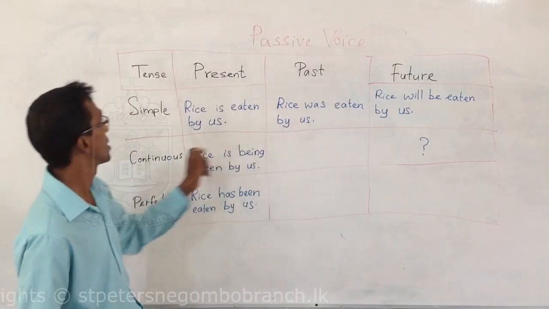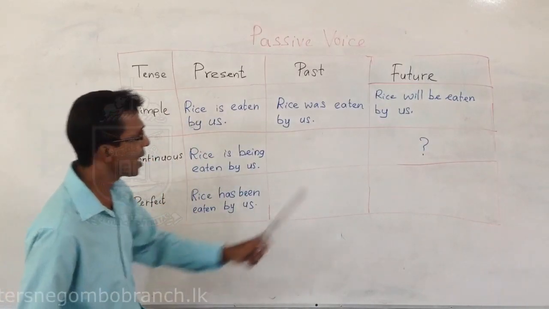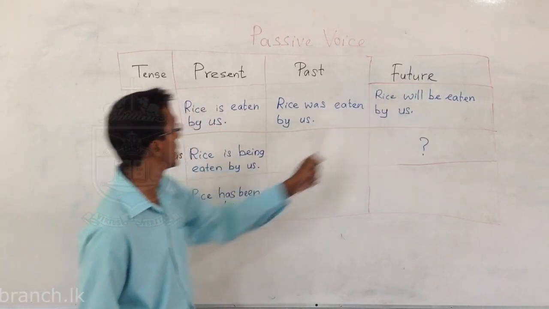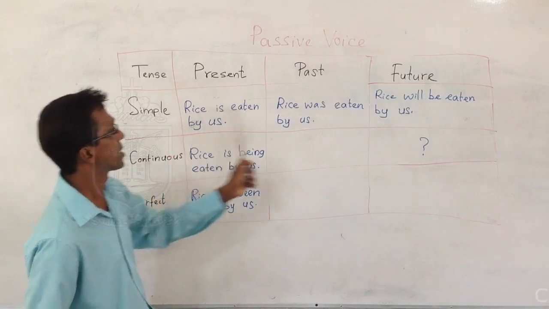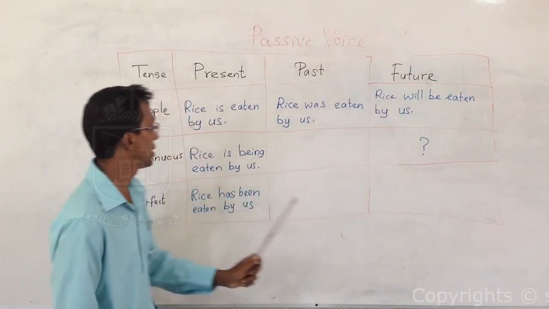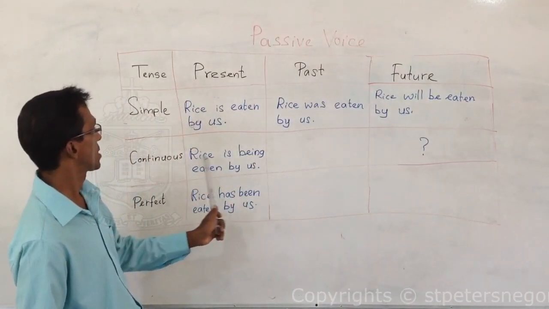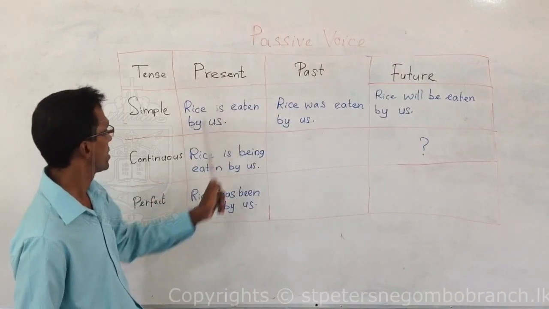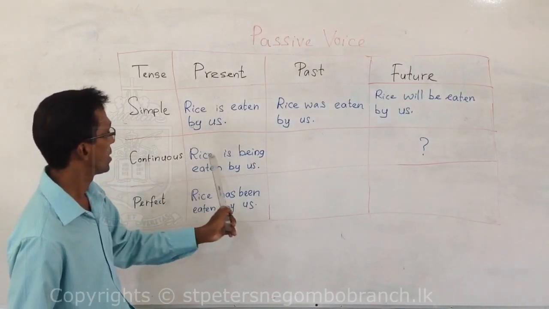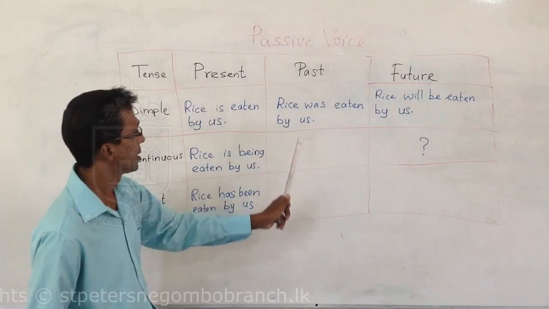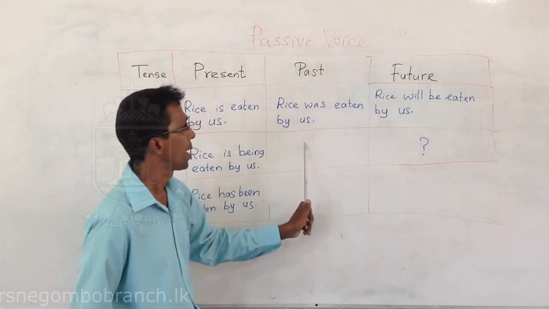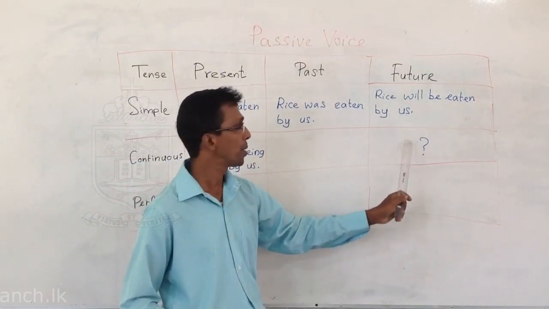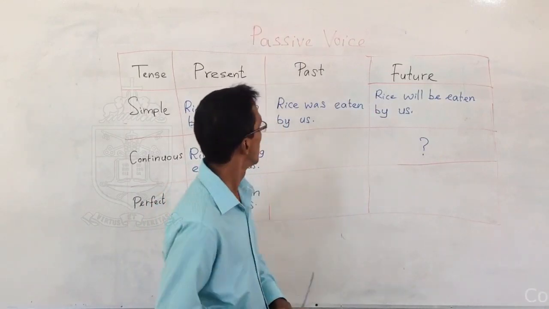And this one is future simple tense, and this one is present continuous tense, and it's coming here, and you have to fill here, and I have put a question mark here because there is no